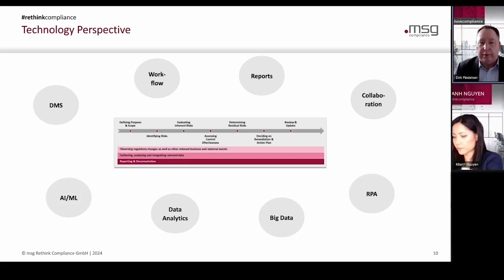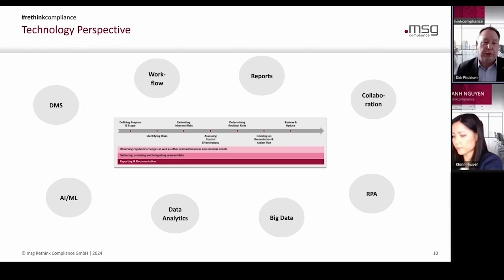And one main topic is the collaboration, because it's seldom the case that you have the overview about the anti-financial crime risk by your own without interacting with anyone else in your organization. So collaboration software is one part of the technology that is typically required when providing a risk assessment. And as you can see here, it's a workflow, and a workflow comes with results on every workflow step